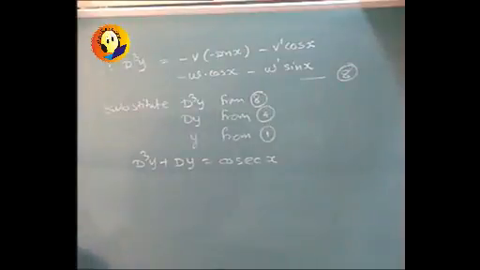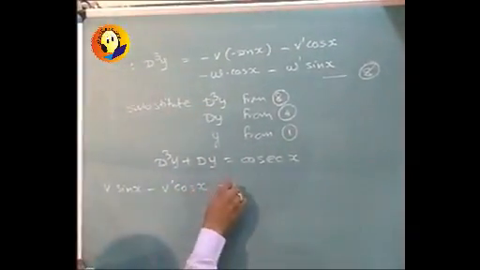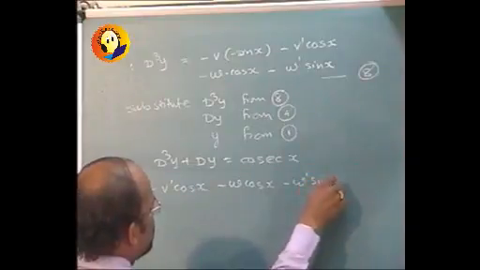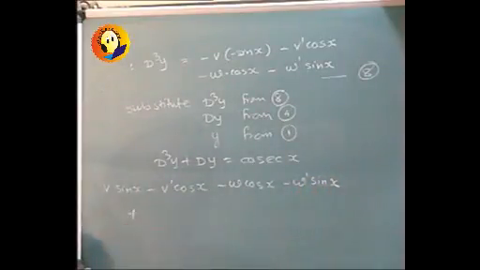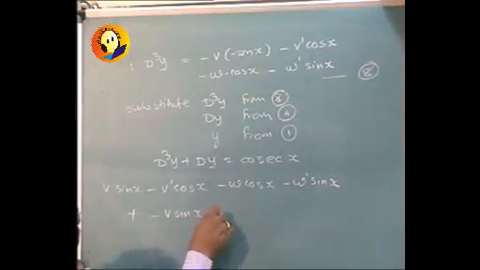So if we substitute, we get v sin x minus v dash cos x minus w cos x minus w dash sin x plus dy terms, which will be minus v sin x plus w cos x